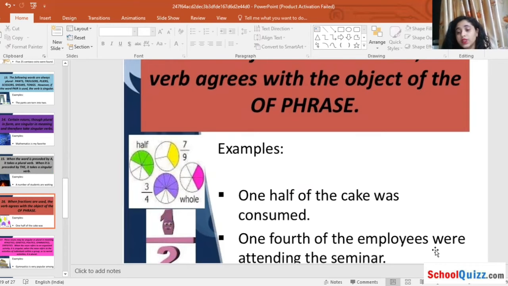Now here the object is employees. S is given. Were attending a seminar. Okay, now you are getting my point here. What the object is will decide what verb will come here, singular or plural. Okay. Our next rule will be